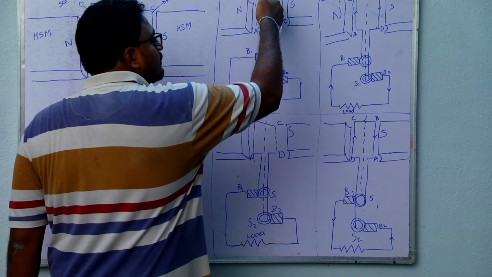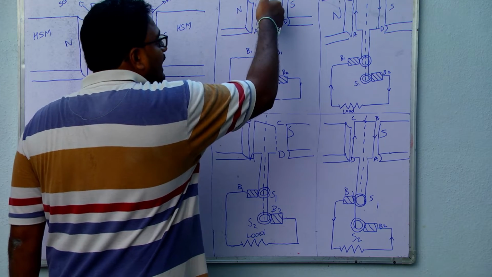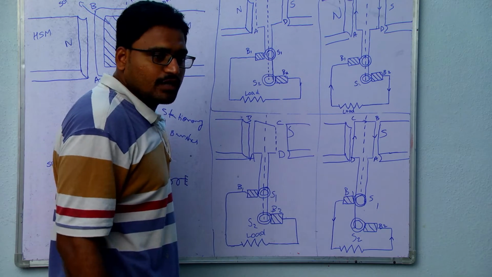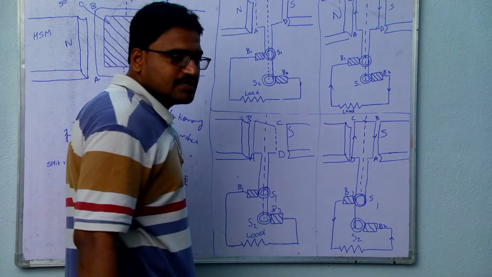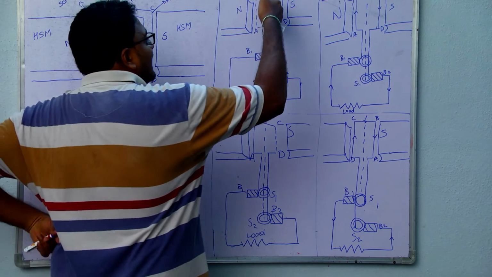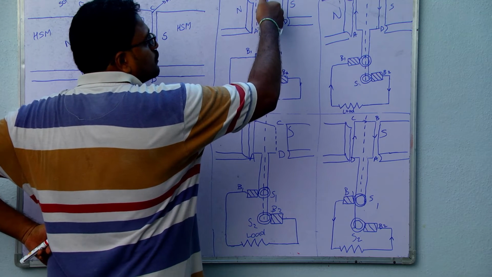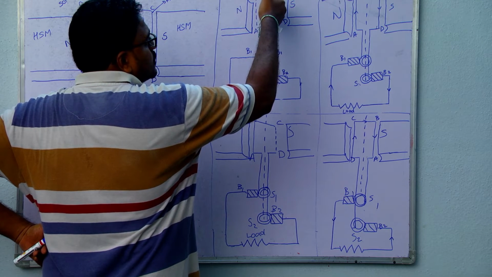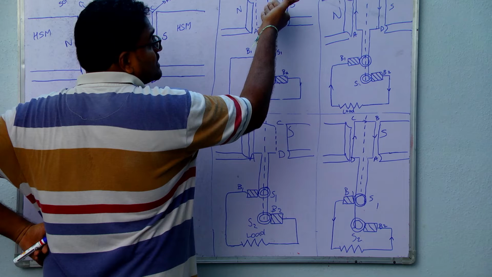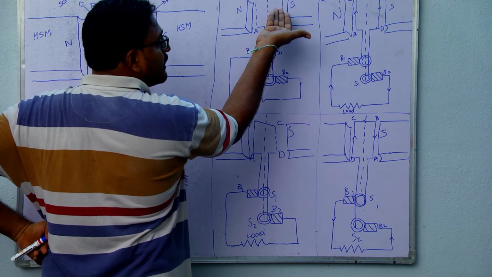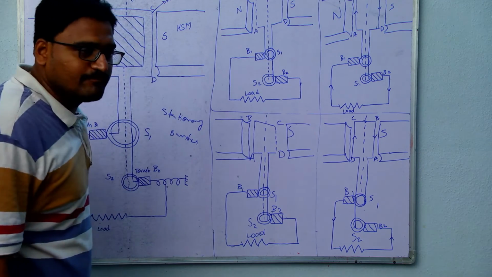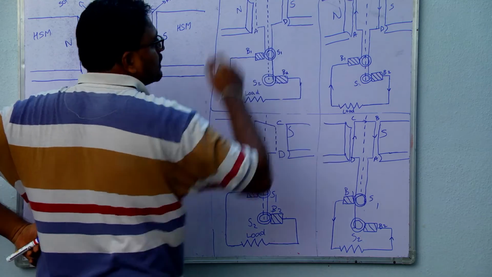At normal condition, flux is maximum. At parallel condition, flux is zero. Maximum minus zero means you get maximum. So at parallel condition, the change in flux is maximum, so the EMF is also maximum. Initially, at this position, EMF is zero because there is no change in flux. As I am rotating like this, flux is decreasing, so the change in flux is increasing, and so EMF increases from 0 and becomes maximum. When the coil is parallel to the field, the EMF becomes maximum.